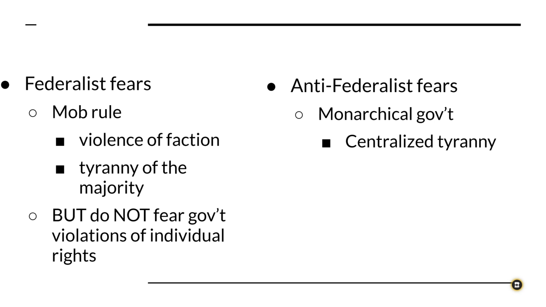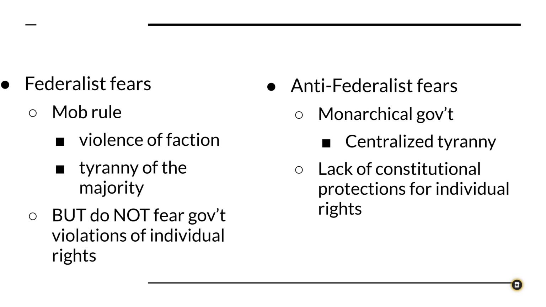But for the Anti-Federalists, they view it as the same kind of centralized tyranny that they had not so recently fought against in the Revolutionary War. And they are afraid that there is not a clear protection in the Constitution for individual rights,